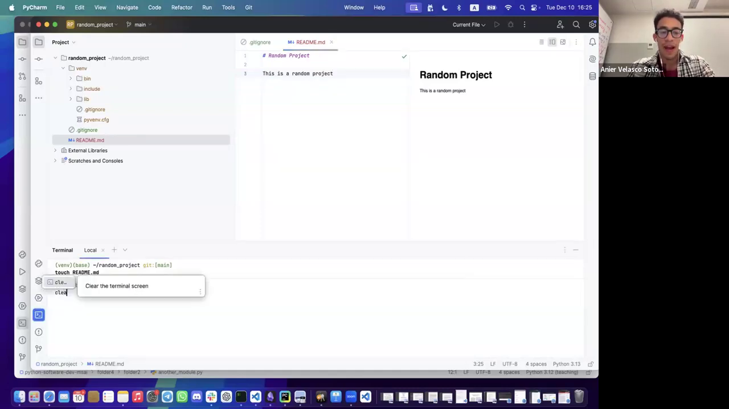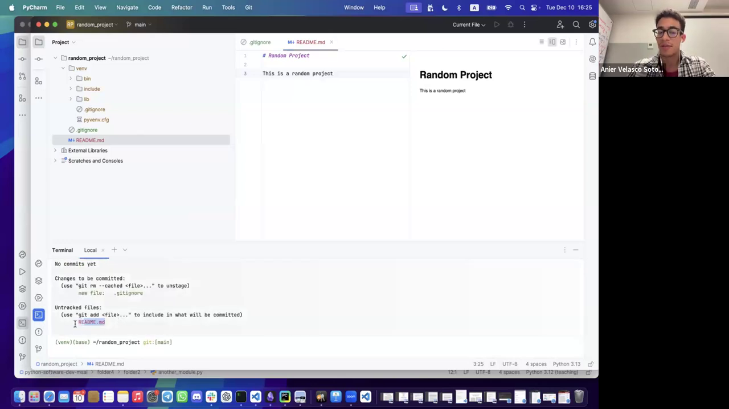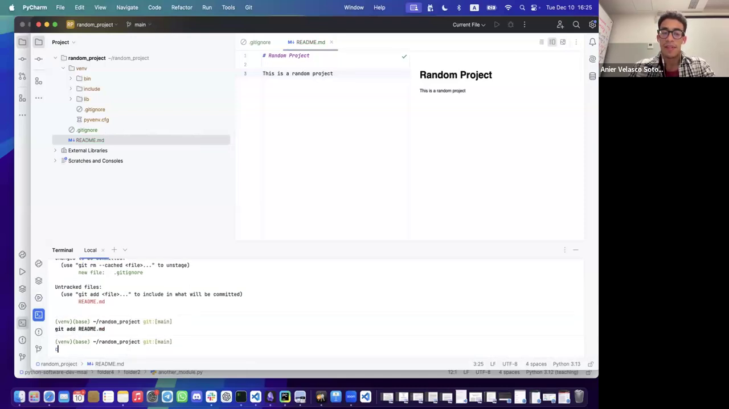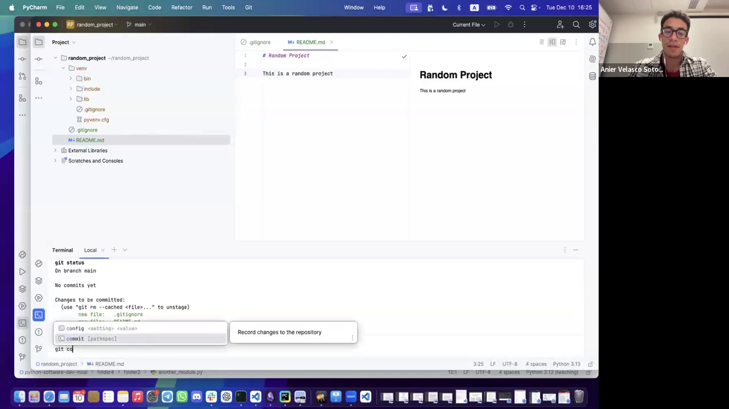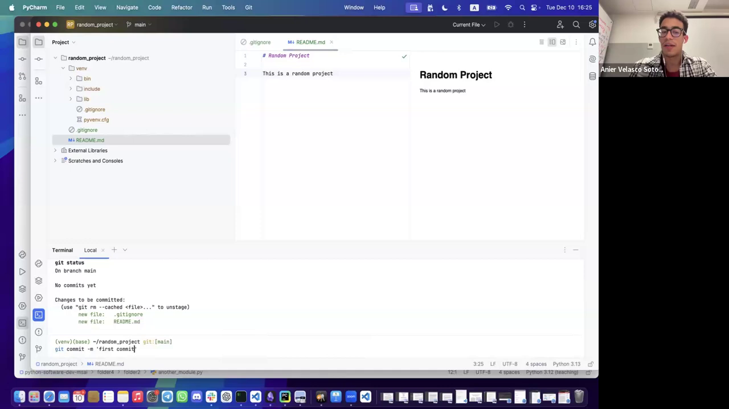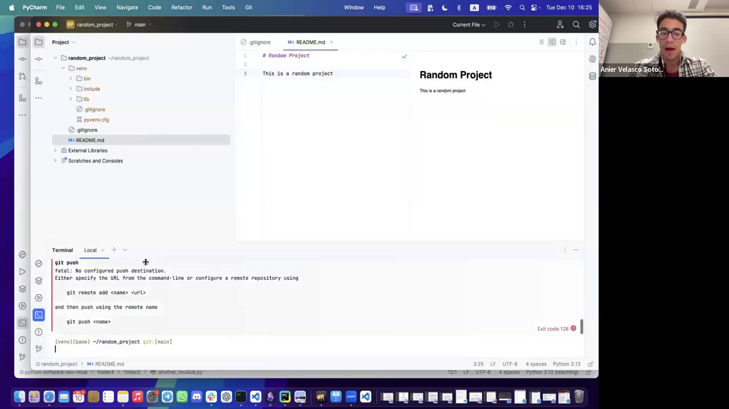Okay, so now that I have it, I will show you that if I type git status, I have this file here and it's untracked. So I will track it, git add readme.md. And now if I say git status once again, it tells me that I have the gitignore and the readme, right? So now I'm ready to commit. I will say git commit, and the message will be something like initial commit or something. Then I will say git push, and once again, it tells me, hey, I haven't configured the remote URL,